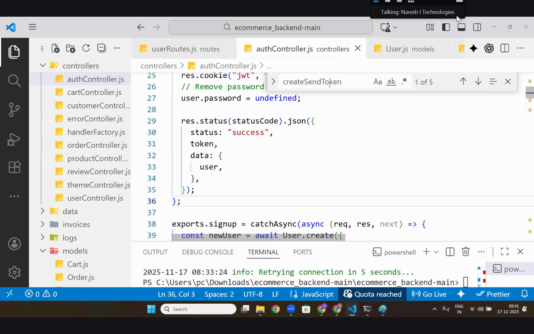Any doubts here? Online, any doubts here?